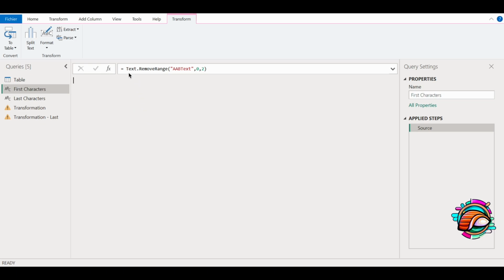So the function is Text.RemoveRange, and as you can see here, we can specify the text from which we would like to remove the characters. We can specify the starting position and the number of characters we want to remove. So in this case, the starting position is 0, so we are starting from the beginning of the text and we are removing 2 characters. So if I apply this formula,